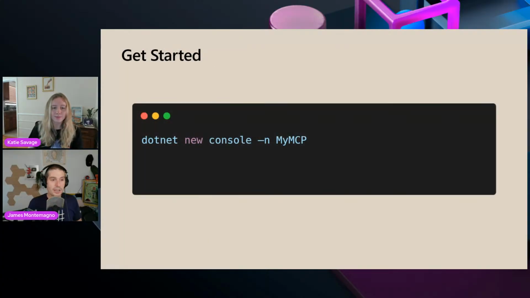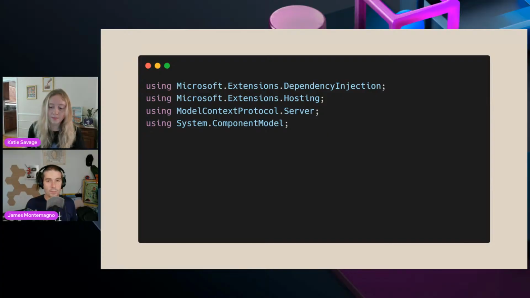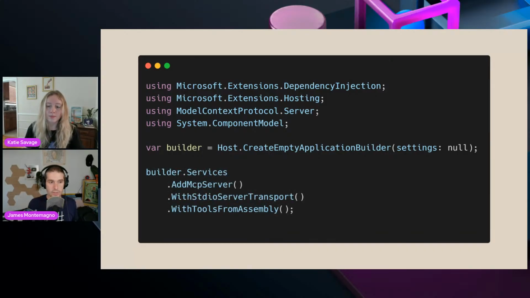Okay. So how do you get started? Well, I'm going to show you code, and then we're actually going to do it. It's really simple, actually. You can just create a new console app, and then you add those NuGet packages. They're pre-release packages. You're totally good to go. And then you update your Program.cs. It's pretty simple. You create a new application builder. You add in some services such as the MCP server, the transport you want to use, and you can even have it automatically scan your assembly to find the tools that are in it, and then you run it, and that's it. And that's what would run inside of the container, for example, or just on your machine as a .NET global tool, which is pretty cool.